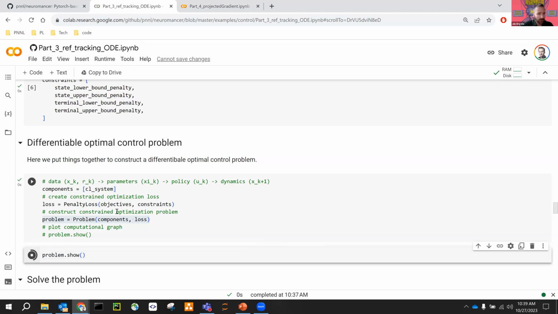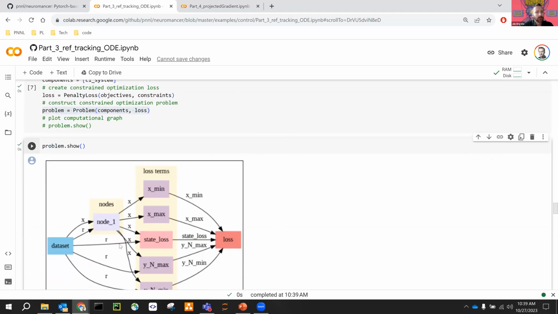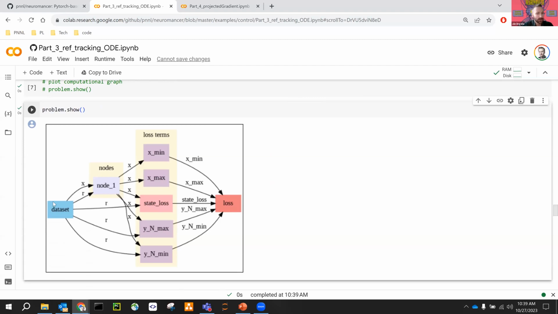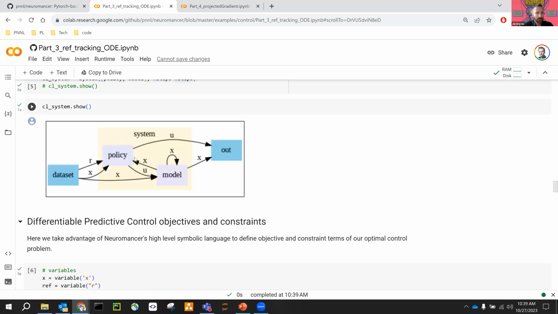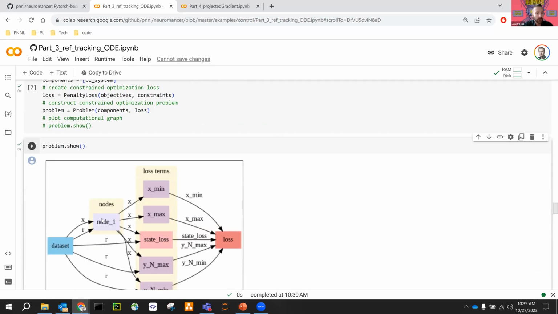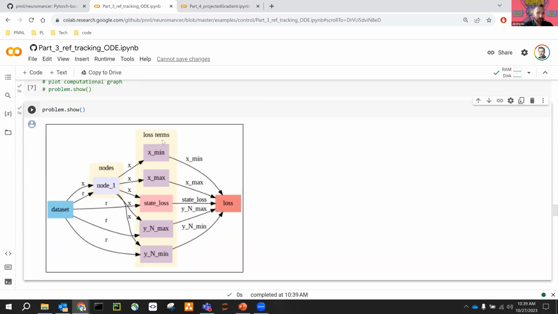How it looks on a high level. Again, very familiar PINN architecture. I have samples of the collocation points in my parametric space of the control problem. I have this closed loop system. This node over here is the rollout of the policy and system model, which I want to optimize with respect to a range of loss function and objective terms that are aggregated in